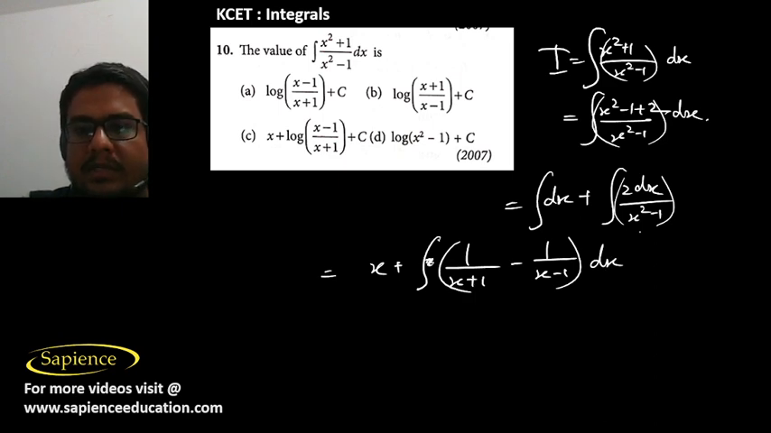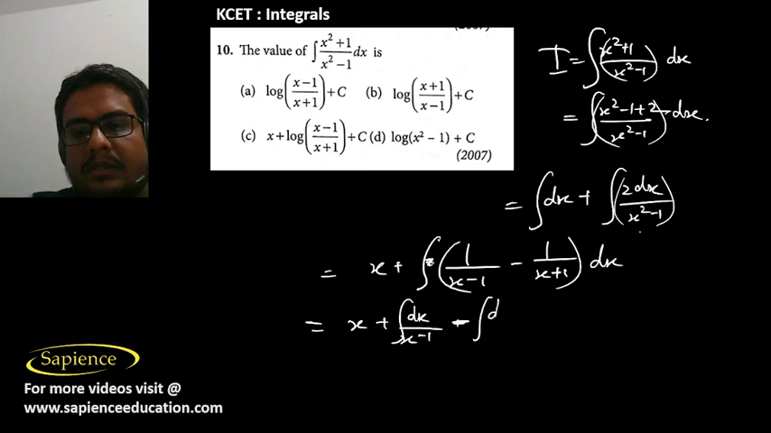Since the LCM will be x plus 1 into x minus 1, so this will be x minus 1. Okay, sorry, this will be minus and this will be plus. So it will come x plus 1 minus of x minus 1, which will be 2. Okay. So this will be x plus integral dx by x minus 1 minus of integral dx by x plus